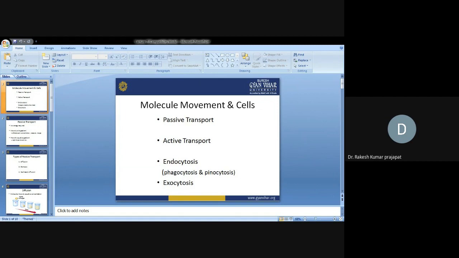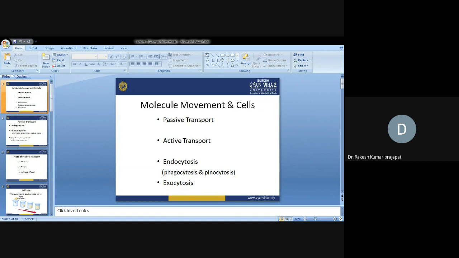Osmosis often involves movement of water into the cells or out of the cell. A solvent plus a solute together is known as a solution; a solution is composed of two components, solvent and solute. Here certain specific conditions are given: hypotonic, hypertonic, and isotonic. Hypo means less, tonic means concentration.